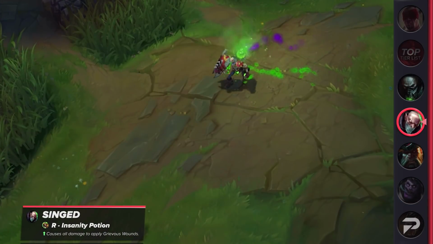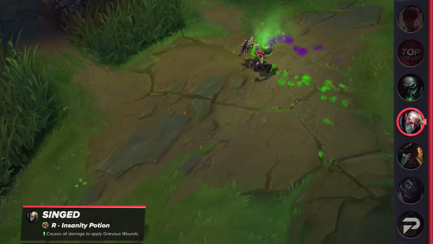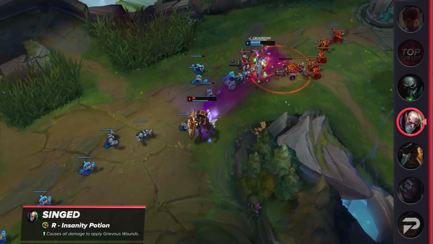Singed received a pretty cool buff this patch. When he uses his ultimate, his poison now applies grievous wounds. This saves a ton of gold and more importantly, an item slot. Whether you're going for damage or acting as your team's main frontliner, you can now have access to free healing